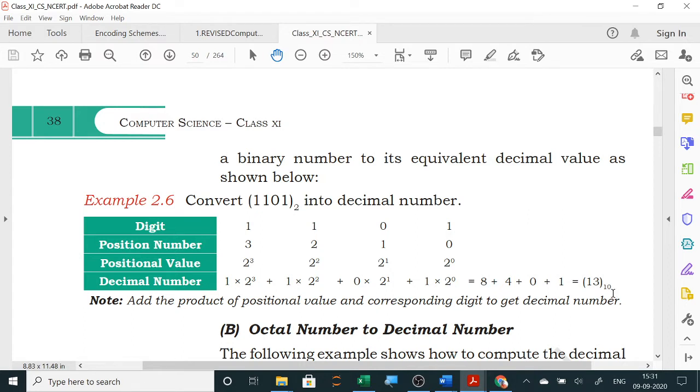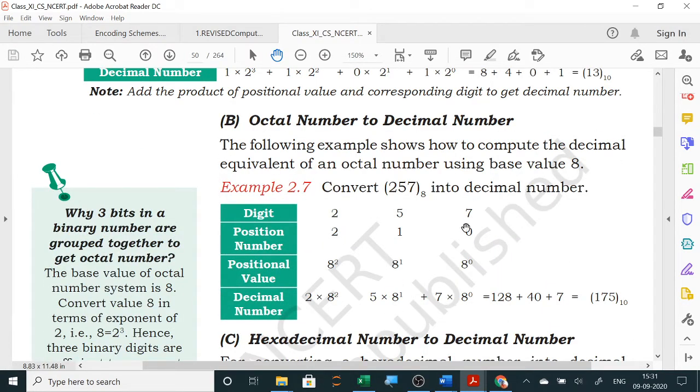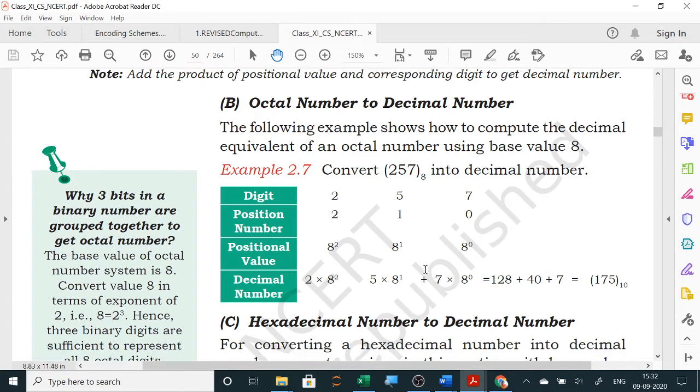In the same way, if you are asked about octal, instead of 2 you have to write 8, and the rest will be the same. That is the digits and the positional values. You can see here the position numbers will be 0, 1, 2 only. For octal the positional values are 8 to the power 0, 8 to the power 1, 8 to the power 2, and then we multiply with the digits. Here 8 eights are 64, into 2 is 128, plus 8 into 5 is 40, plus 7, so it is 175. Many octal to decimal questions are given, and at the end we will solve all the questions together.